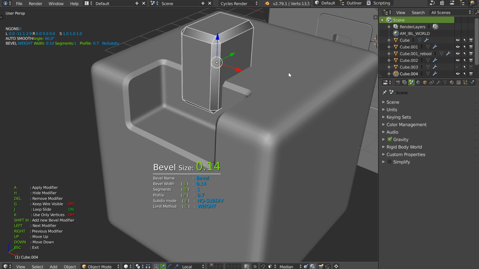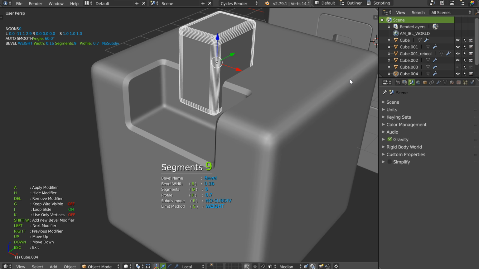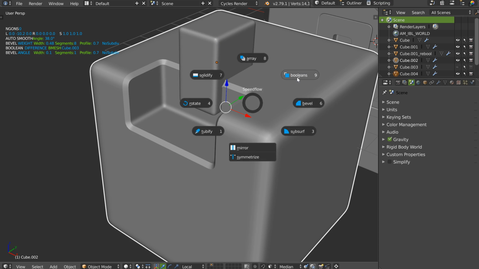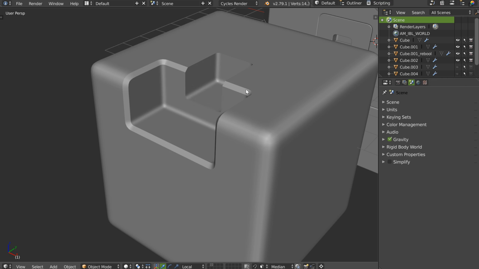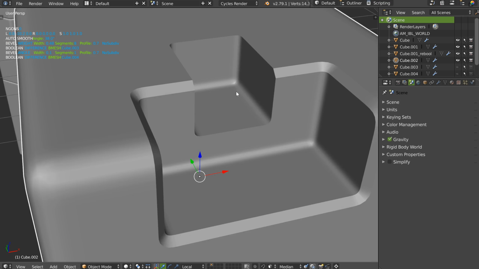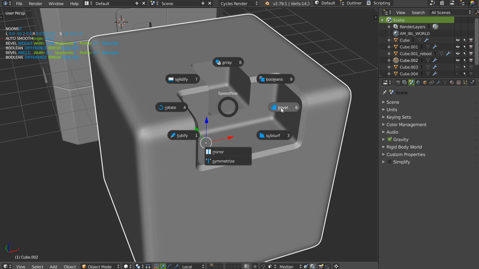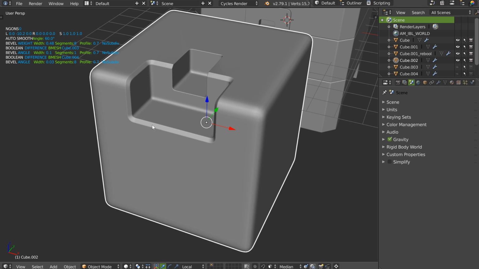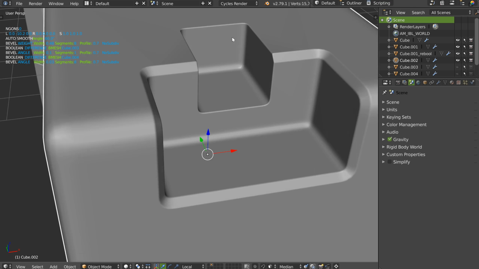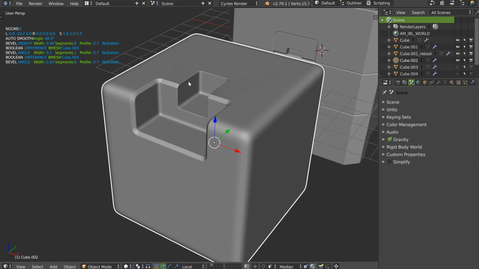Something like this. I can of course add segments like this. I can make my bevel and hide this one. So I have one bevel, two bevel, and I want a last bevel here and here to make something really clean. You can just call the bevel sharp with Shift W, and as you can see, you can add different bevels. So now I have just a cube and I have different bevels, and that works. This is really clean, this is really nice.